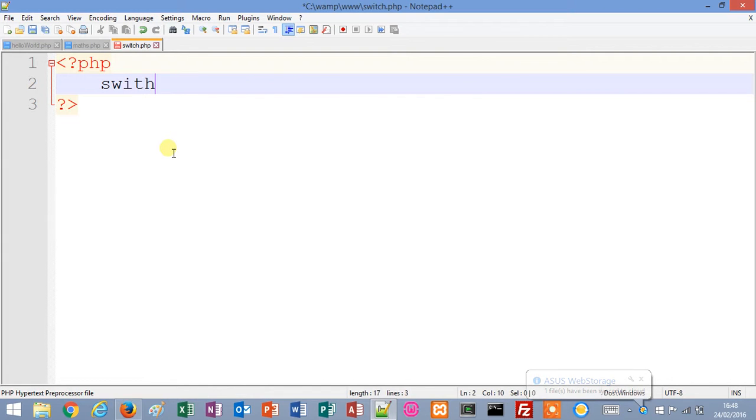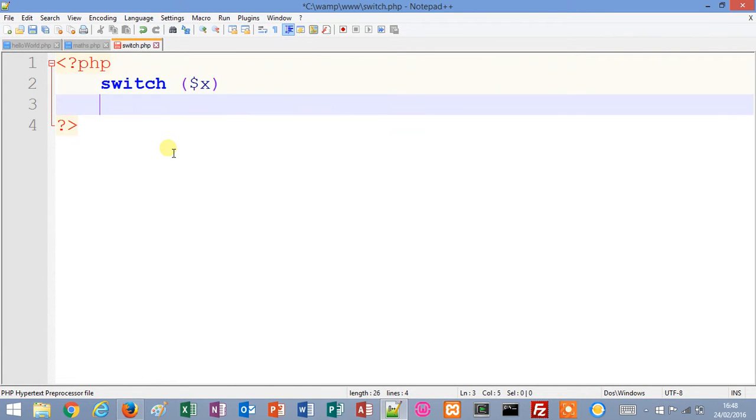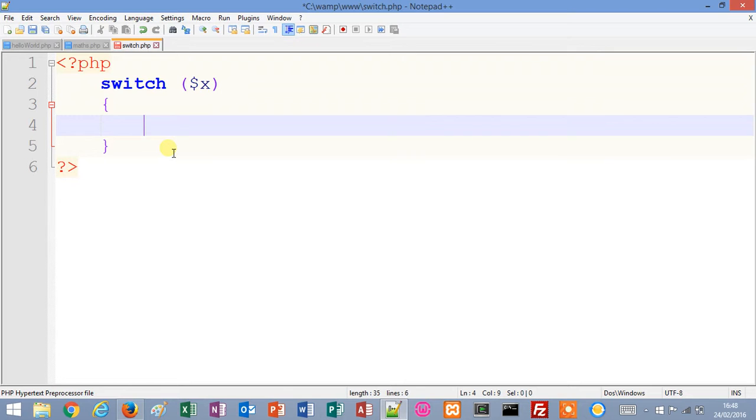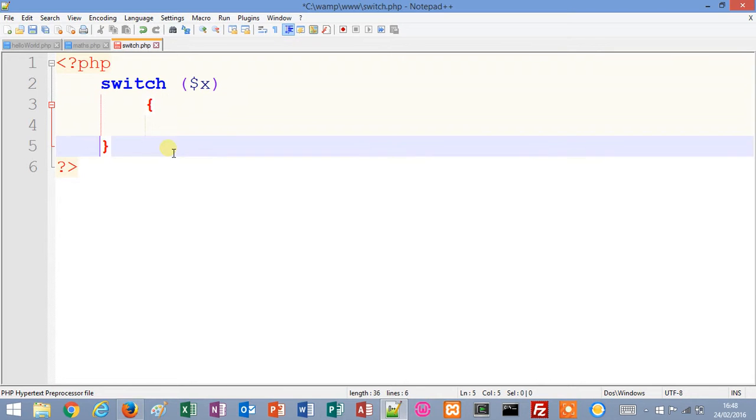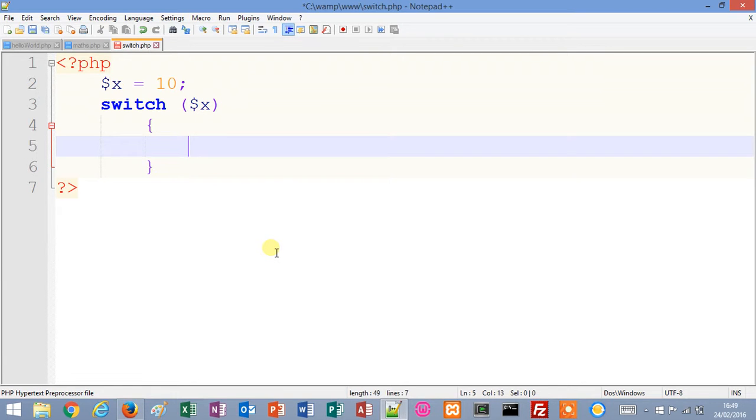So we will use the keyword switch, and we'll put the variable $x. Your switch statement goes in here, and here we'll create a variable called x, set it equal to 10, and we'll say in here that we'll have case 1,